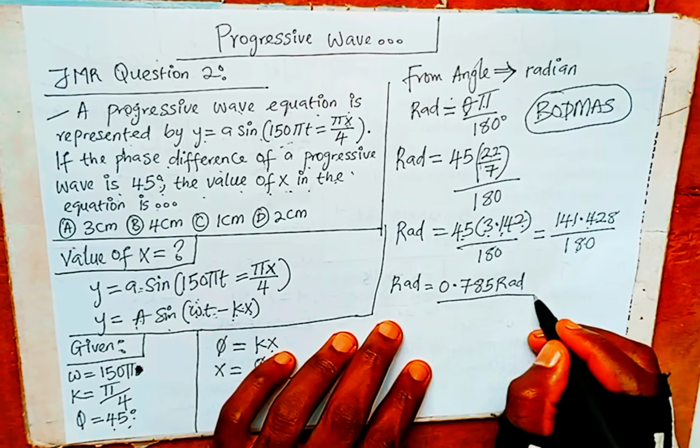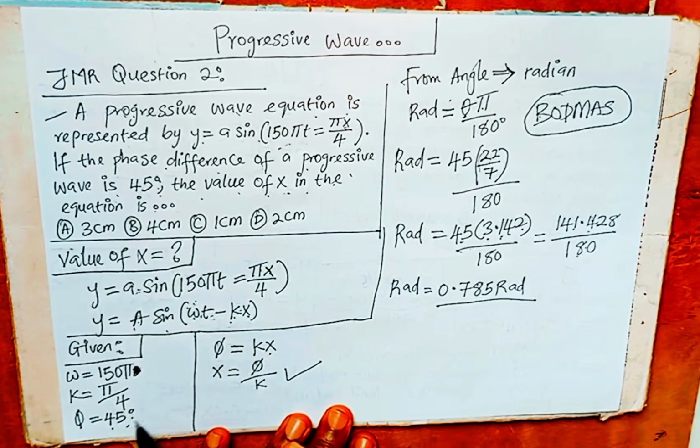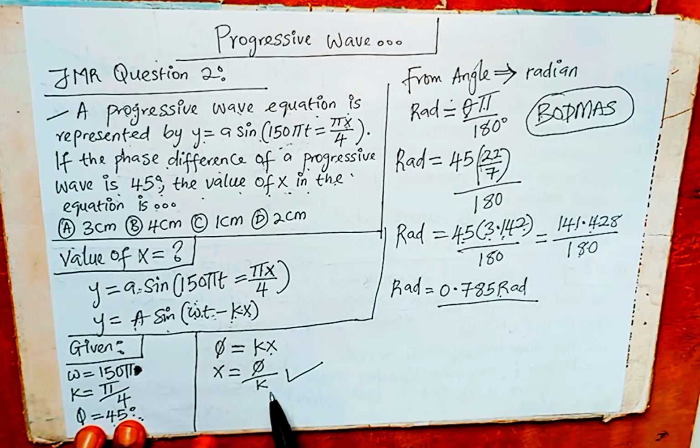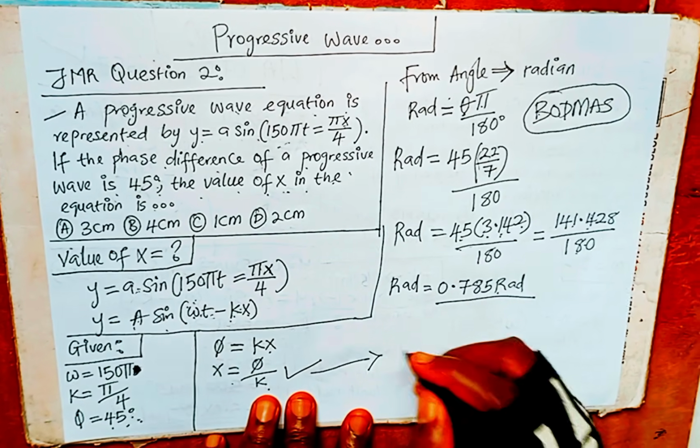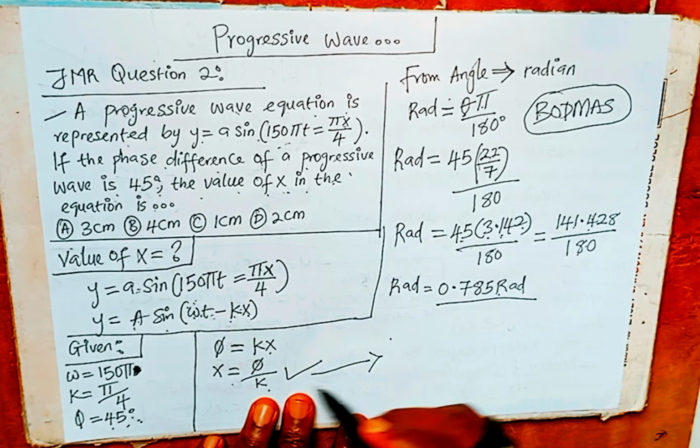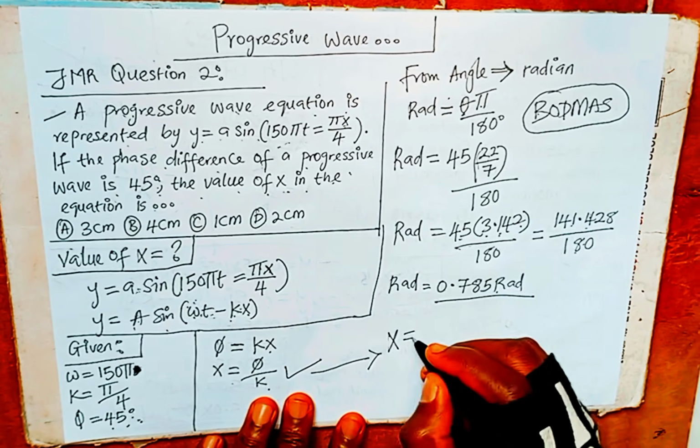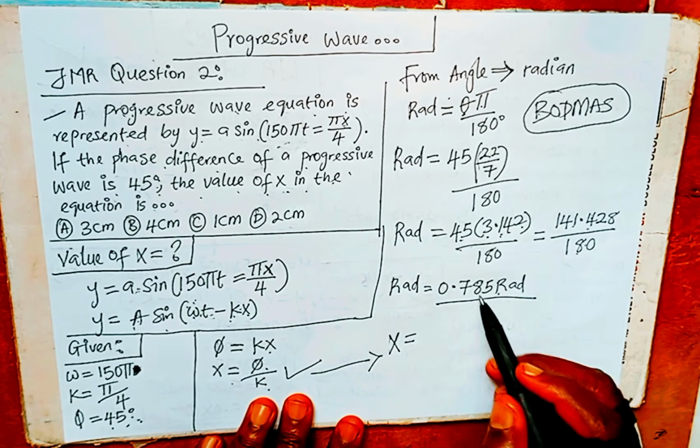Okay, so since we now have this in rad, we can apply our formula to get our answer. Applying this formula will leave us with S. S is equal to, what is our phase difference? Our phase difference now is this one,